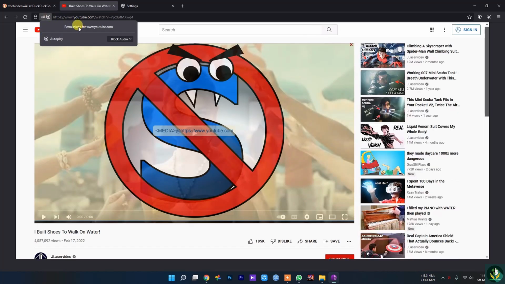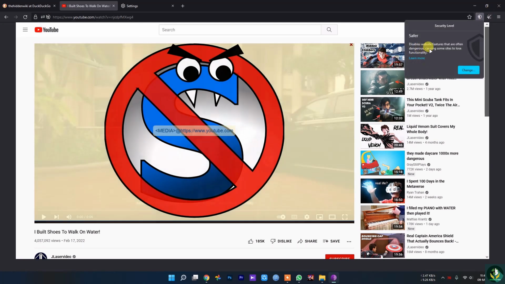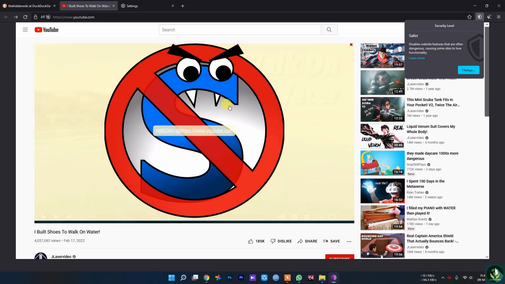As you can see, permission for YouTube video autoplay is blocked by blocking audio. Also, disable website features that are often dangerous, causing some sites to lose functionality. As you can see, it also gives you the description of how this security works.